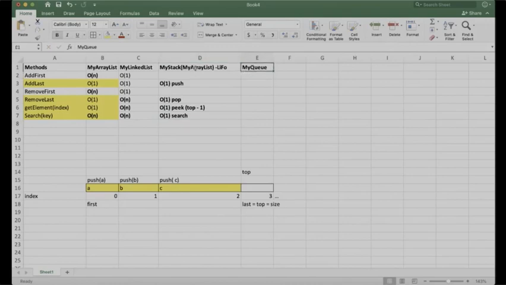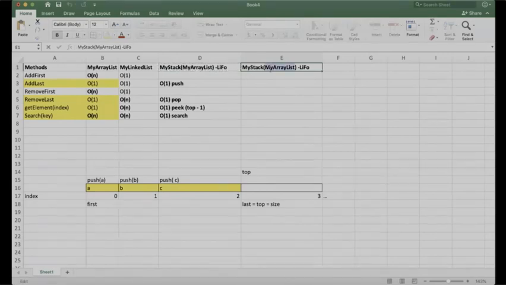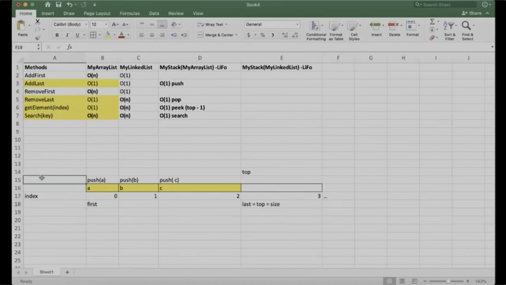But I do have the choice to pick add first and remove first to implement that. You can imagine if I do that, it means I always have to consider the top of the stack as index 0, and then I have to keep adding things to index 0 and removing them from index 0. Both adding and removing, or basically both pushing and popping, is going to take me order of n, which is very, very expensive. So that's not a very good